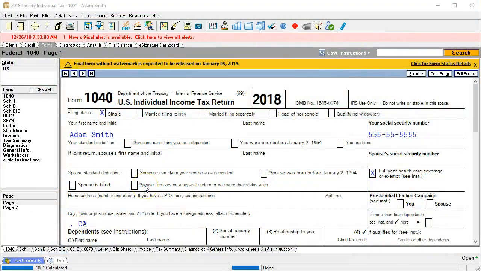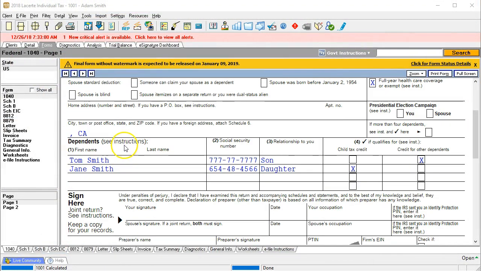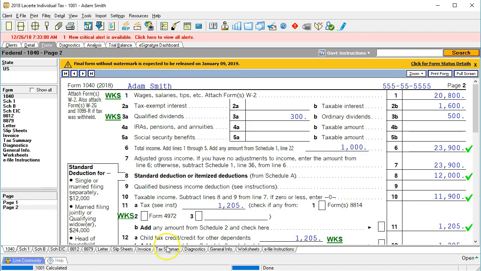Here we are on our test 1040. We have the single individual with two dependents at this time. If we then go to page 2, we see that we are currently at $23,000 total income. We've got the standard deduction $12,000, taxable income $11,900. So now we're talking about student loan interest, educator expenses, things that can be reducing possibly or be some